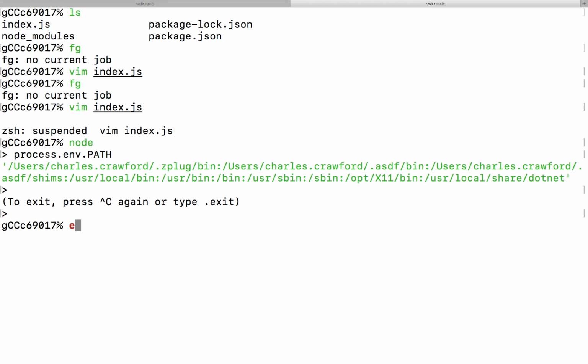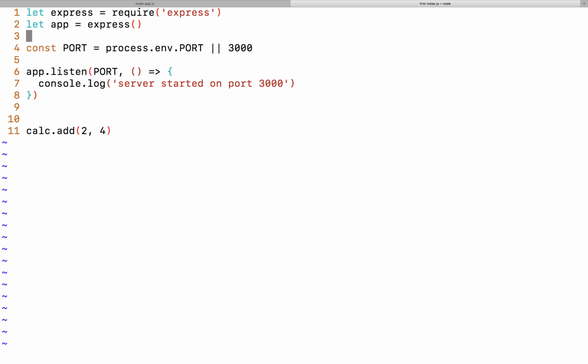So what I could do is I can say export port equals 80. Don't run this one. But what's going to happen when the deployment engineer deploys this is they're just going to set an environment variable called port and set it to the proper port for production. That way, our app here will use that.